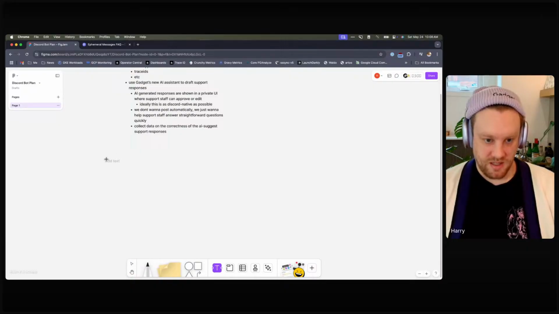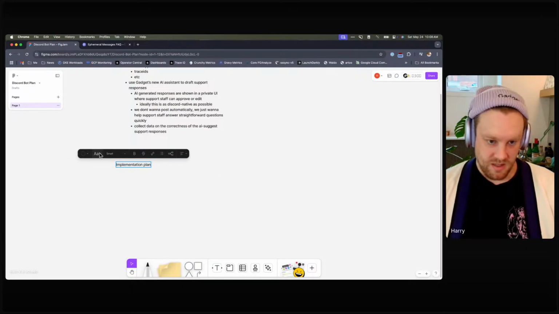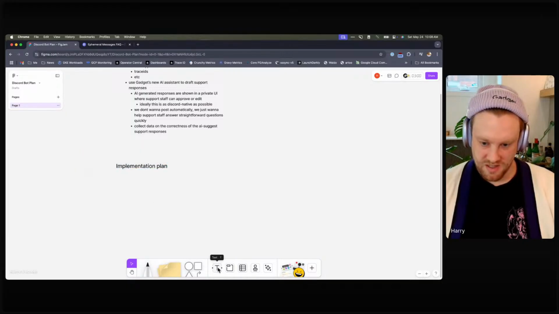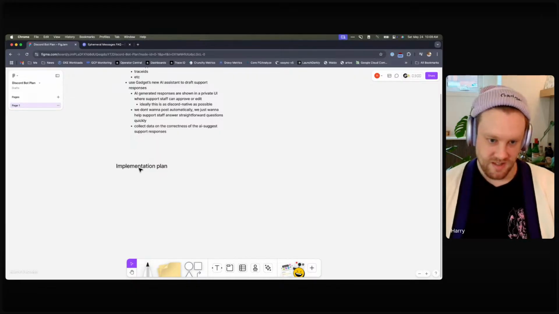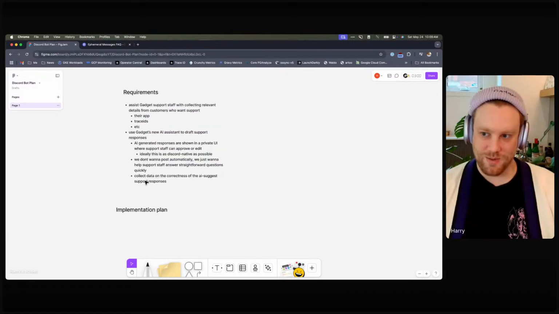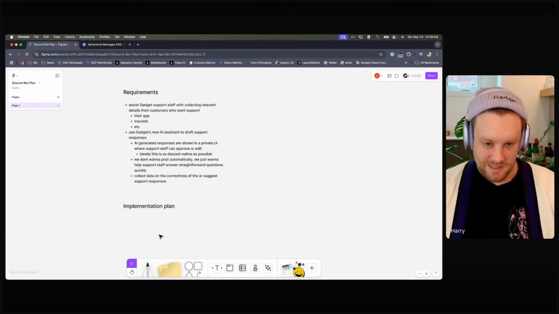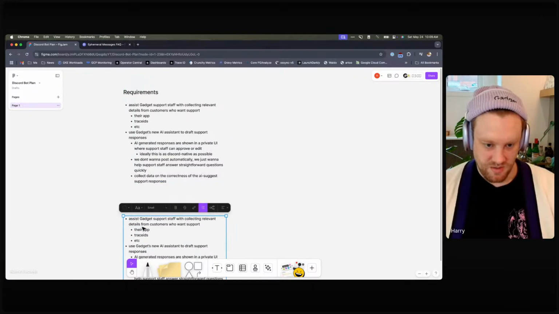So I think the implementation plan is the next thing we need to do. They have a to-do list in here. Quick actions to-do list. No. Well, that's the next app we should make, is a quick to-do list. How about that? Let's do